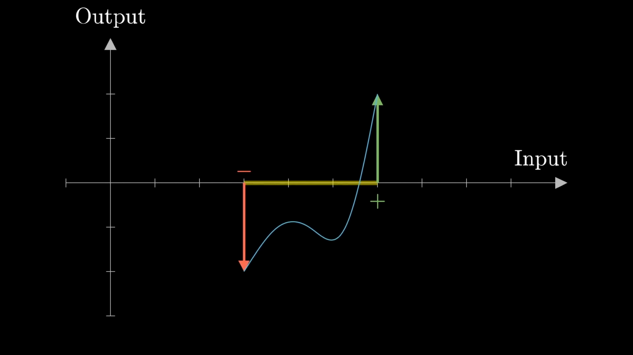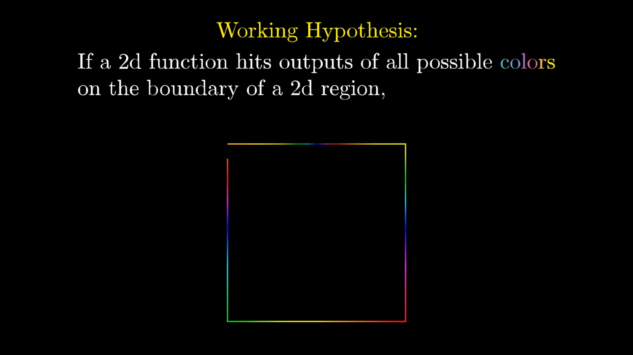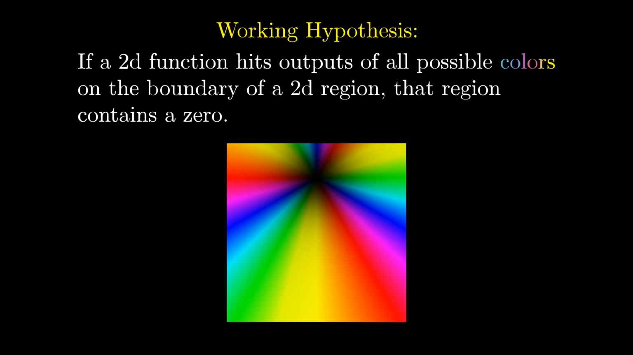Maybe, in the same way that if a 1D function takes both possible signs on the boundary of a 1D region, there was a 0 somewhere inside, we might hypothesize that if a 2D function hits outputs of all possible directions, all possible colors, along the boundary of a 2D region, then somewhere inside that region, it must go to 0. So that's our guess, and take a moment to think about if this should be true, and if so,